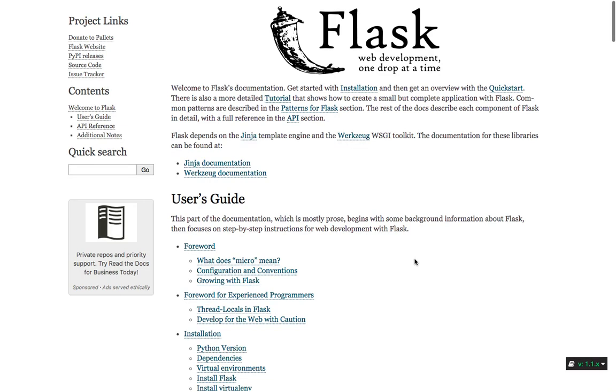So what exactly are you going to learn in this course? Well, in this course, you are going to learn how to create a complete cryptocurrency informational website using Flask web development framework. So Flask is just a web development framework based on Python. So basically, you are going to learn how to create a web application using Flask using Python, and